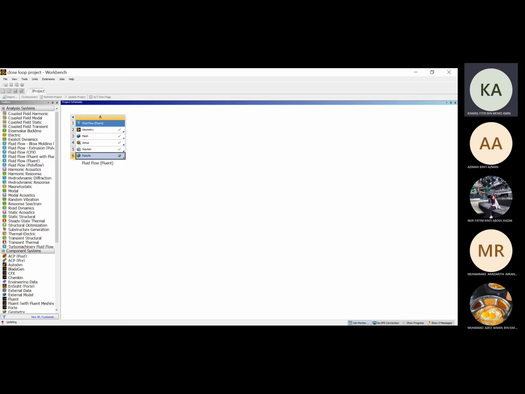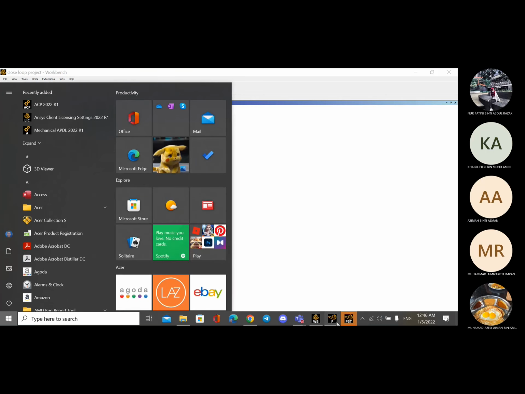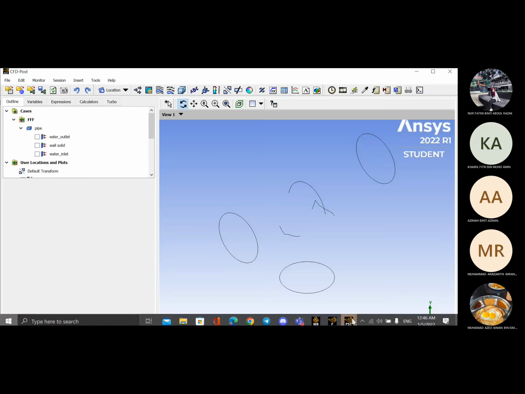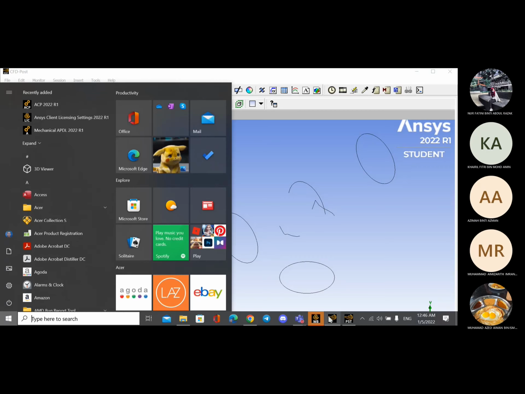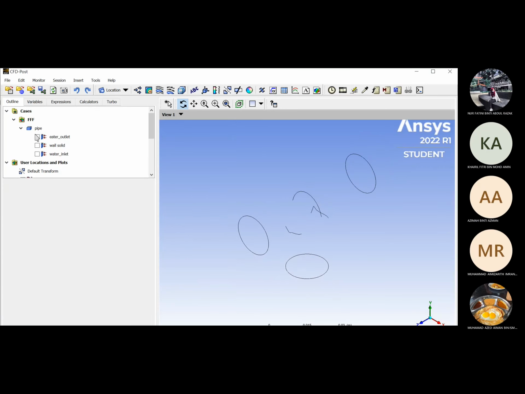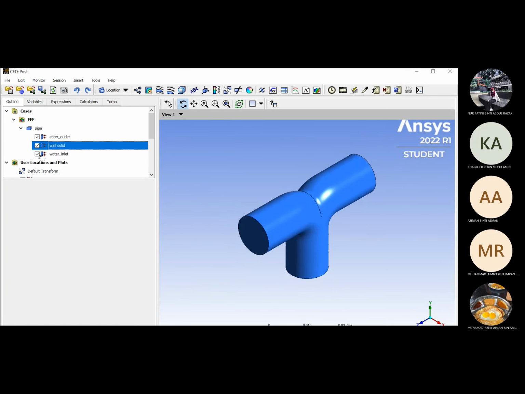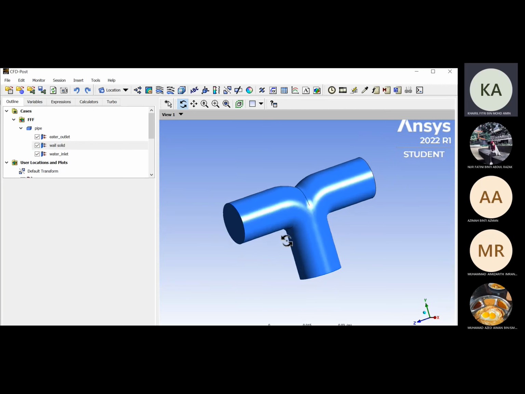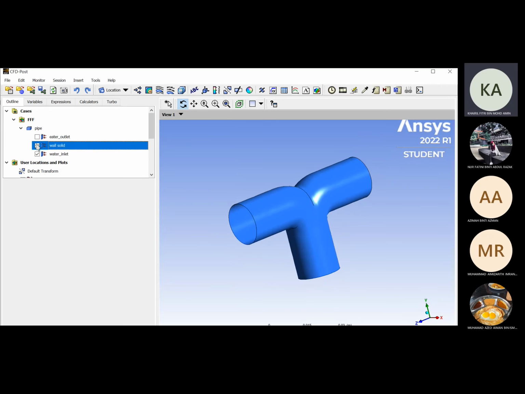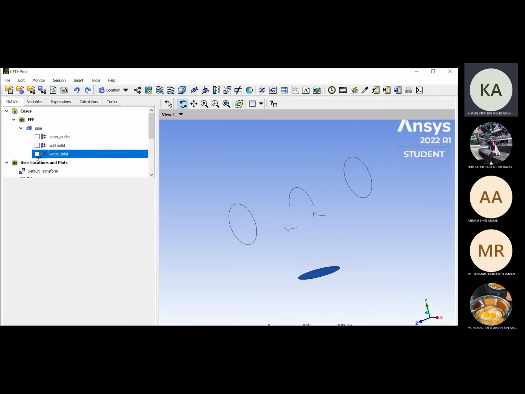Don't forget. Okay, this is our T-junction pipe. If we want to see the water flow, we click this streamline